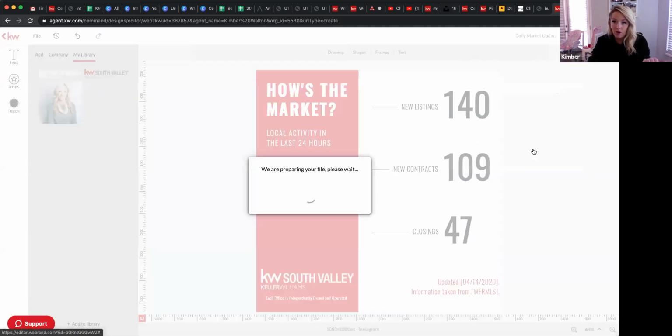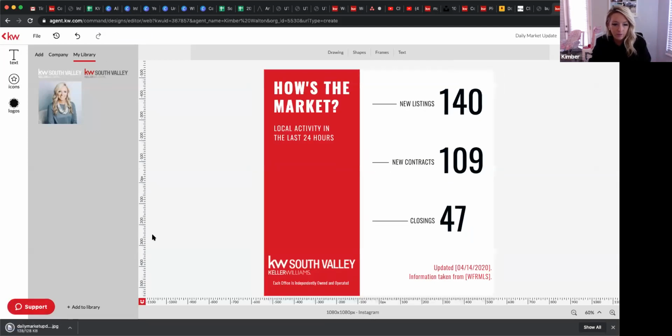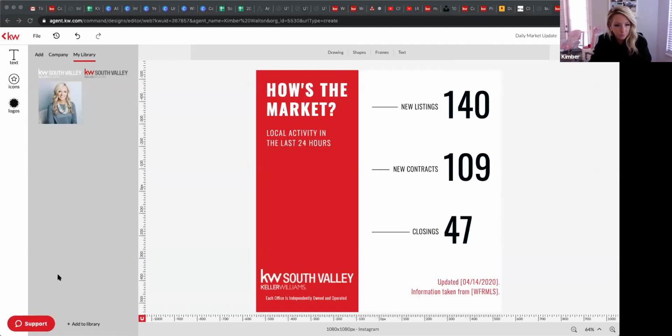So I'm just going to click download. And then you guys will see it's popping up in my downloads right here. And then when I open it,